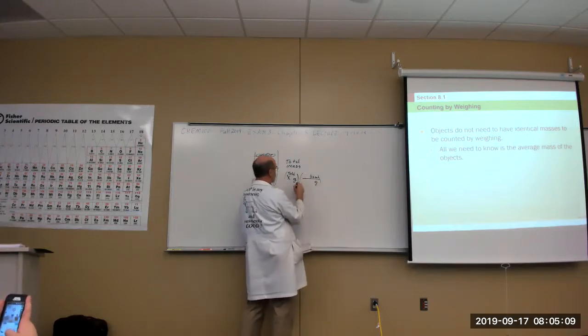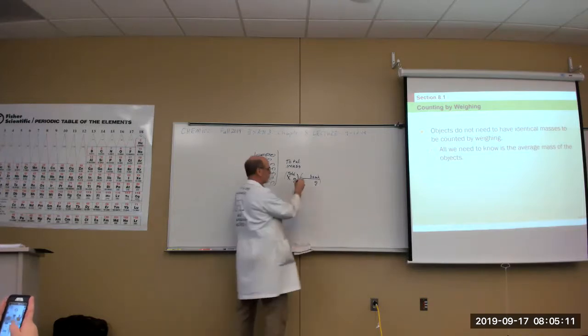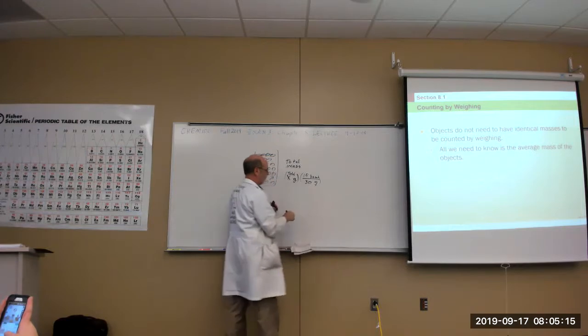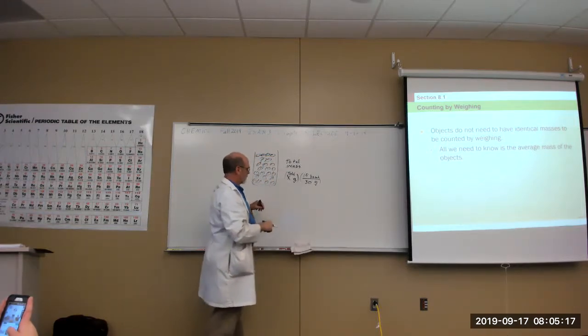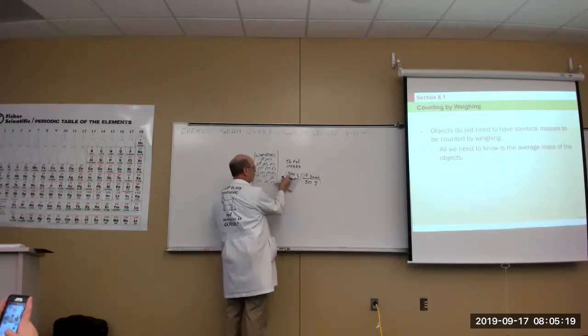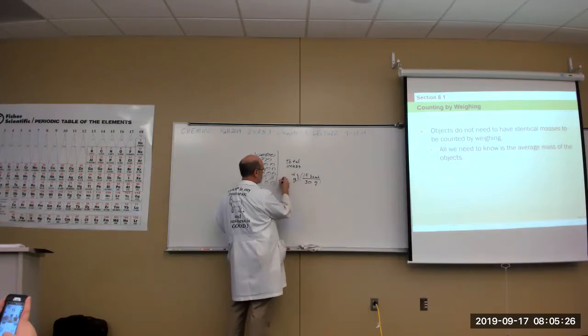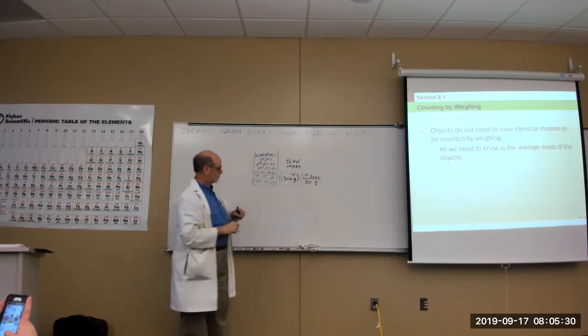Let's say we take out 10 beans and weigh them. And they weigh 30 grams. Okay. Then if the total mass is, let's just put a real number in here. If the total mass is, say, 1,300 grams, okay,